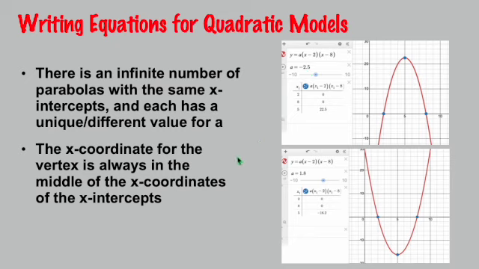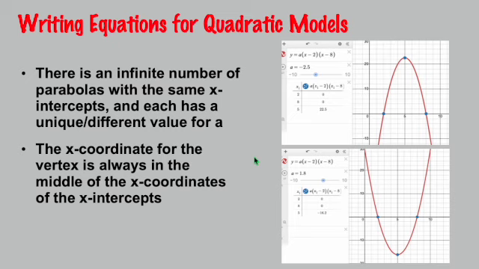The second thing is that if you want to find the vertex, the vertex up here is (5, 22.5), that's right here. And on the one below, it's (5, negative 16.2). It turns out that the vertex's x-coordinate is always halfway between the x-coordinates of the x-intercepts. I know that's a mouthful, so let me look at it another way. Our x-coordinates are 2 and 8. Halfway between 2 and 8 is 5. Or you can look at it as the average of 2 and 8. So those are the two things you want to consider